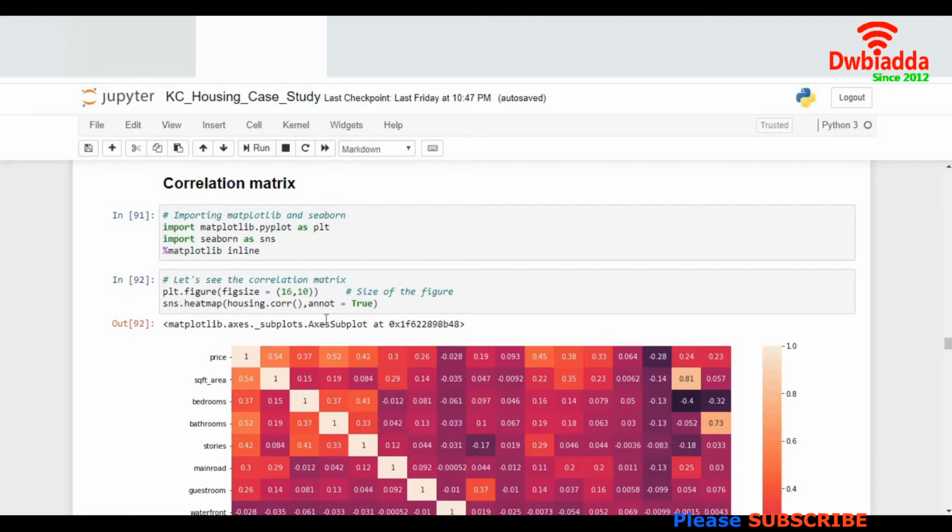For example, in the game of cricket, the number of dot balls a batsman plays has a negative impact on the strike rate. If the number of dot balls increases, the strike rate, I'm sorry, decreases. Another example is the number of hours a student studies has a negative impact on his rank.